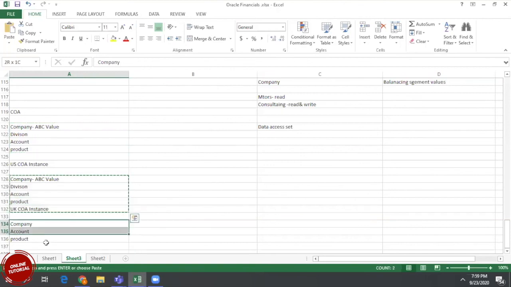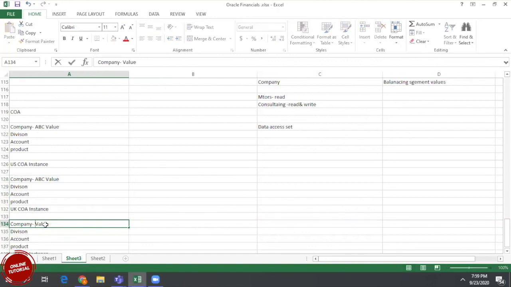But the advantage here is, you can take the BCD value set. So we can only override the value sets. Even at this level you can change the value set.